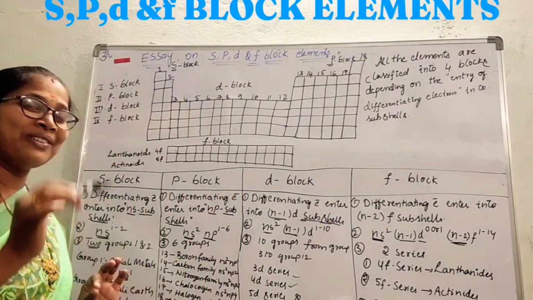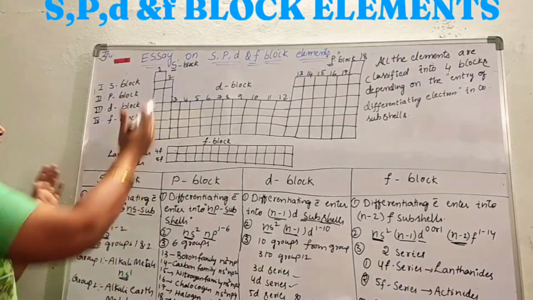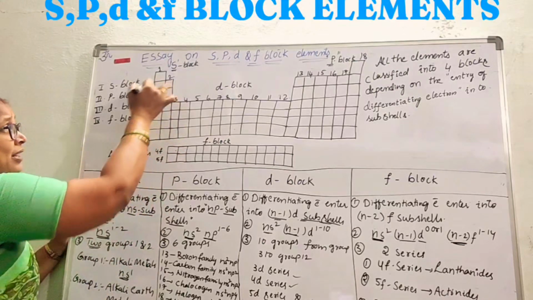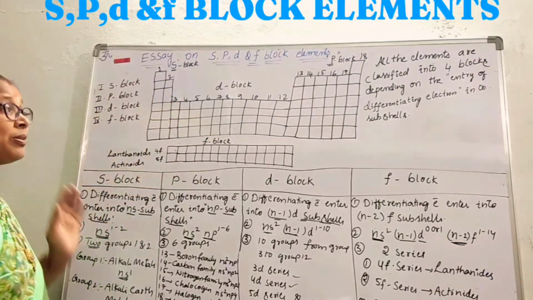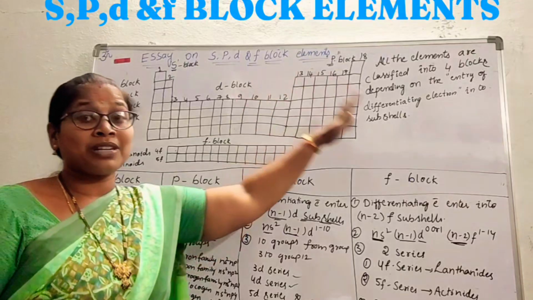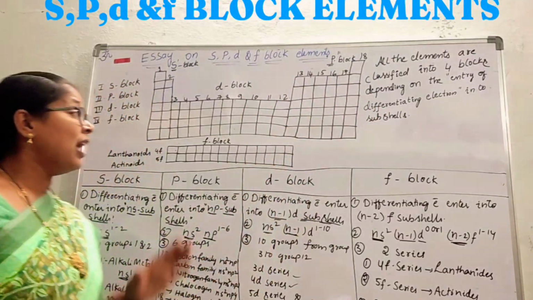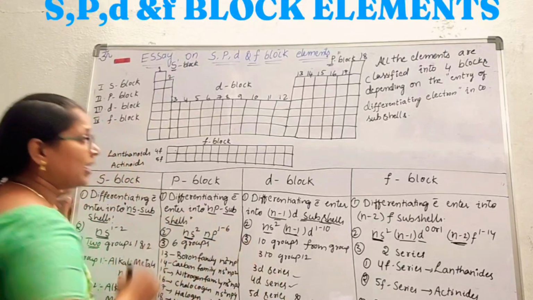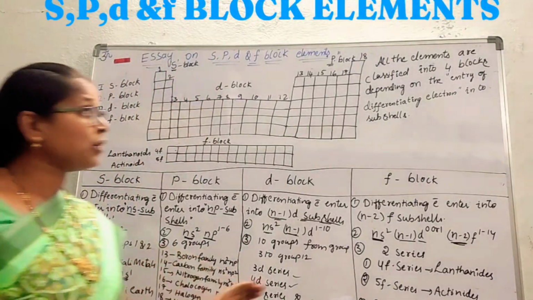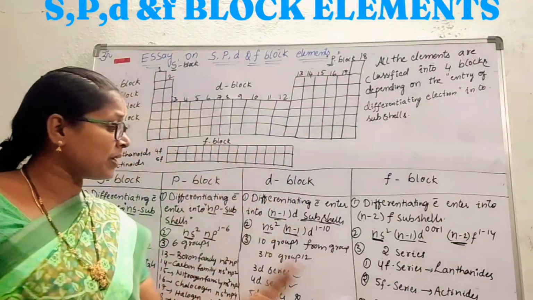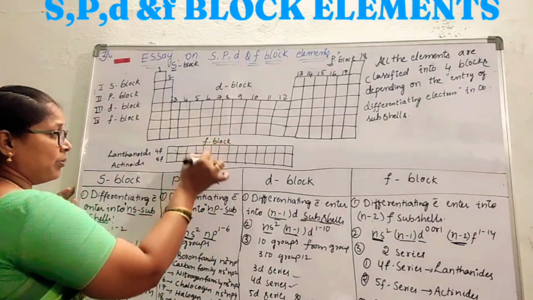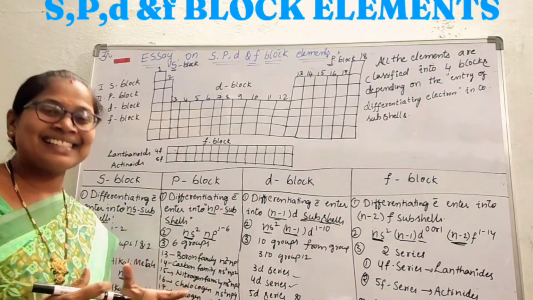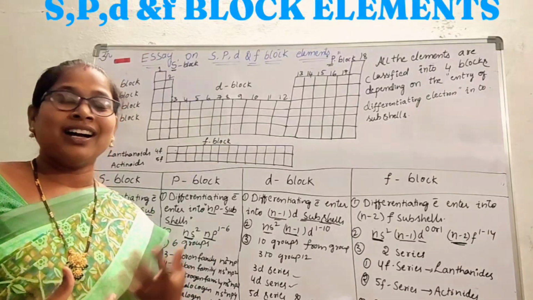Coming to the last point, a very simple point. You already know that the s block elements are on the left side of the periodic table. The p block elements are present on the right side of the periodic table, and the d block elements are present in the middle of the periodic table. And coming to our f block elements, they are present at the bottom of the periodic table. So I think you understand this question, that is the essay on